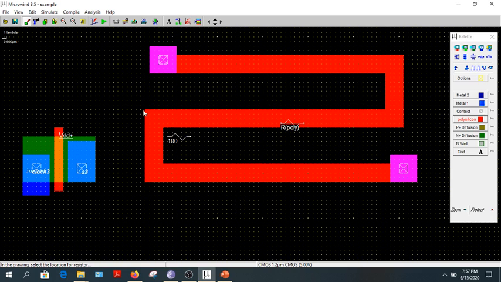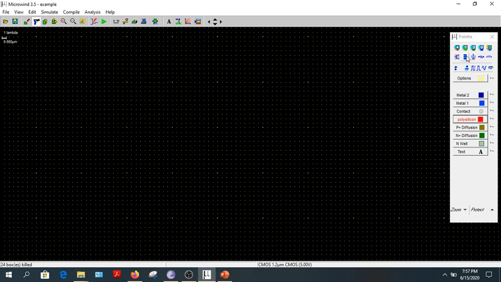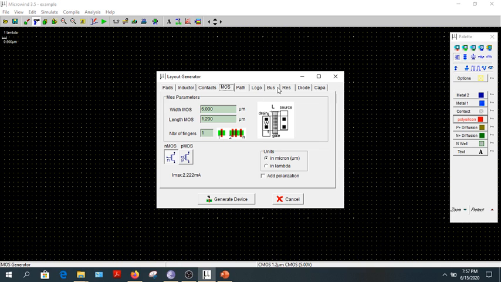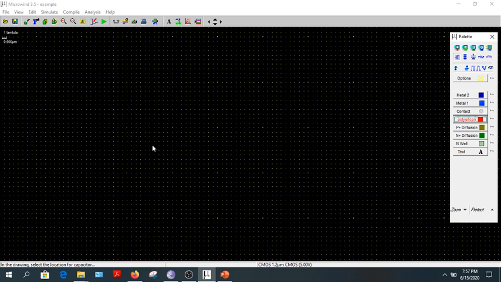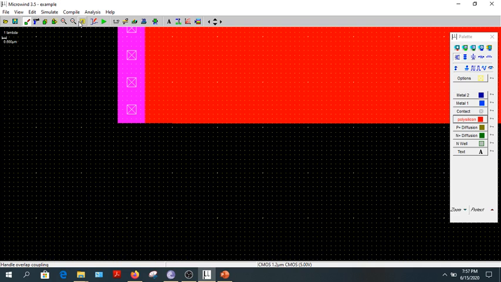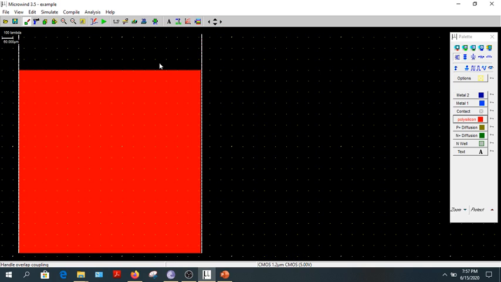You can also fabricate a capacitor. Just to give you an overview of how a capacitor looks. Actually we don't use a capacitor like this. We use a MOSFET as a capacitor, which we will be dealing with later on. And see how big the size of the capacitor is. This is what the real capacitor looks like. This is again made up of polysilicon material. So this is the fantastic way that you can understand a really great design using this simulation tool.